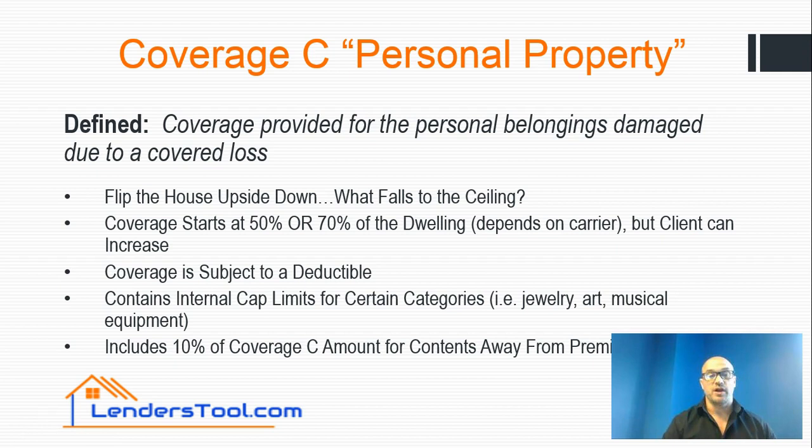Coverage C, personal property. This is going to give coverage for your belongings that are in your house that are damaged due to a covered loss. The best way I like to explain this to clients is if you took your house and you flipped it upside down, anything that fell to the ceiling is going to be personal property. A lot of times they think about their clothes, TVs, couches, and things of that nature, but they may not